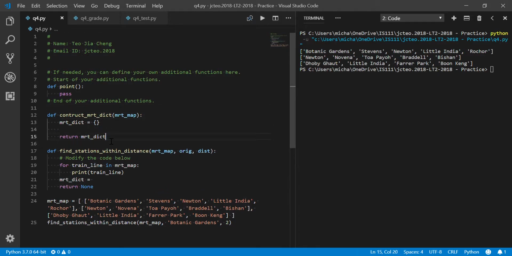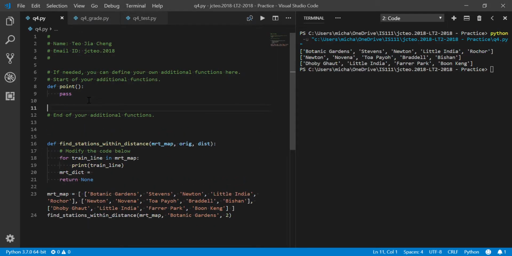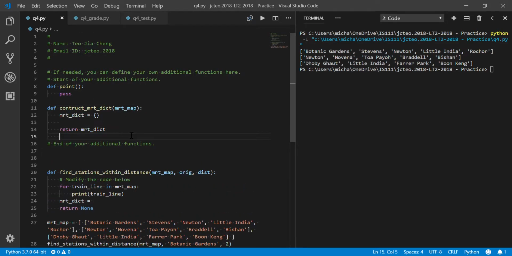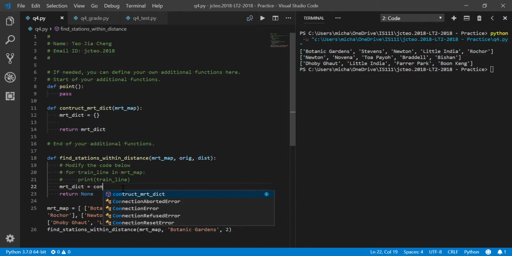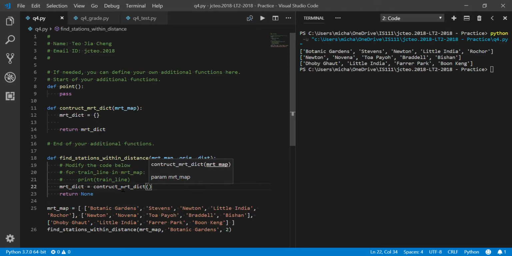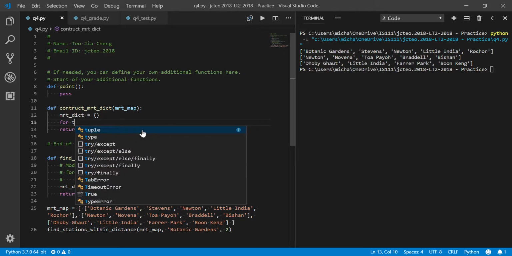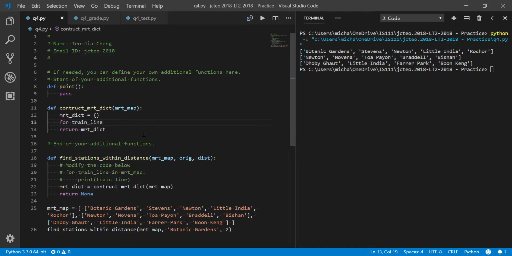So we just want to put this according to what they say here within their comments. So MRT dictionary equals to construct MRT dict, and give them the MRT map. So we are given the MRT map here. So for a train line in MRT map,